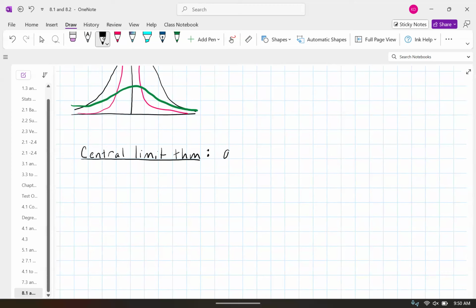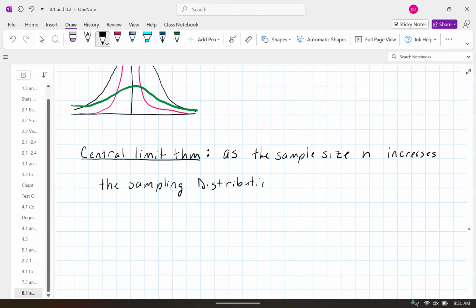So as the sample size n increases, the sampling distribution becomes approximately